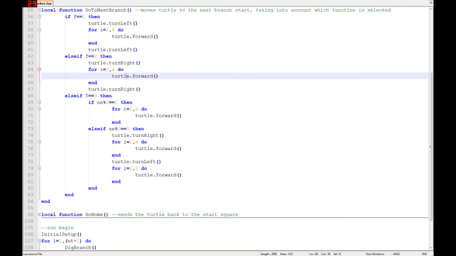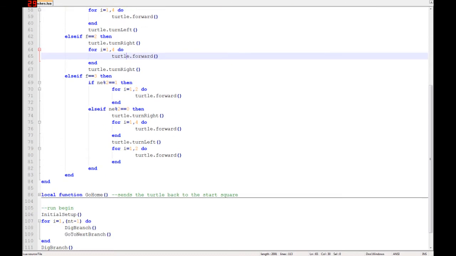This is where it gets a bit more complicated, because if we wanted to do both sides, then it has to know whether it should cross the tunnel and go to the other side to dig from left to the right, or whether it should cross the tunnel back again to dig from right to left. So the way we can do this is using this here, this modulus operator. This returns the remainder of number elapsed divided by 2. So, if the remainder of number elapsed divided by 2 equals 1, so for example, if the number elapsed equals